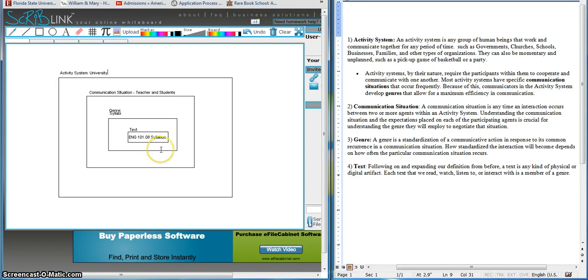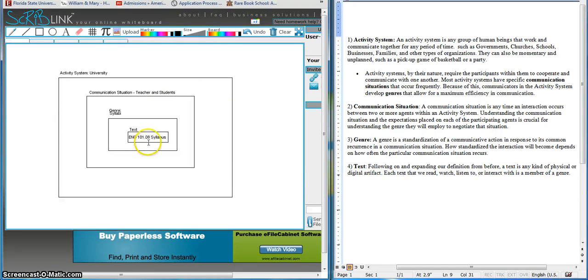And so we move from a very specific text, a single example that you can hold in your hands, and we could talk about how it participates in the genre of the syllabus and how it's like and different from other examples of a syllabus. We can talk about how it helps, or even hurts, the communication between the teacher and the students in that particular communication system, because it's an example of a genre used to communicate between those two groups of people. And then we can talk about how all of this participates within the entire university system, the university activity system.